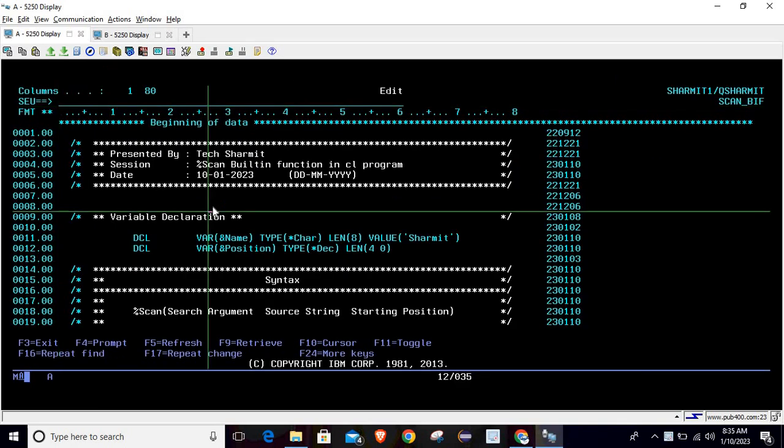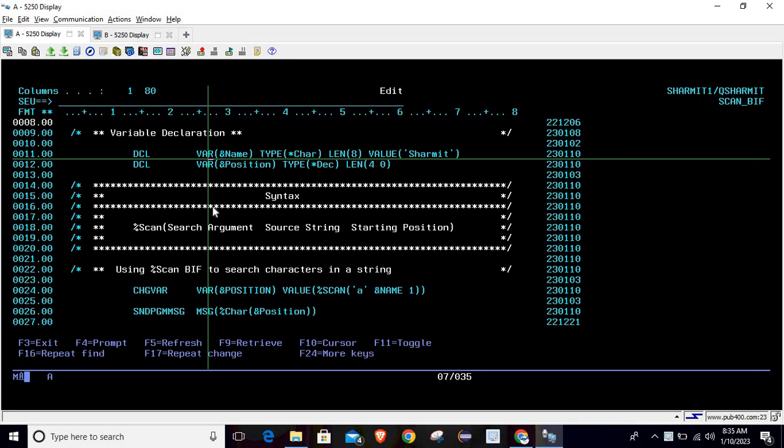First of all, we are declaring a few variables here that we will use to operate the scan function. The first variable is name. It is of type character, and the value we have stored here is Sharmat. Another variable is position, of decimal type, and the length is 4. From line number 14 to line number 20, we have stored the syntax, and now we will